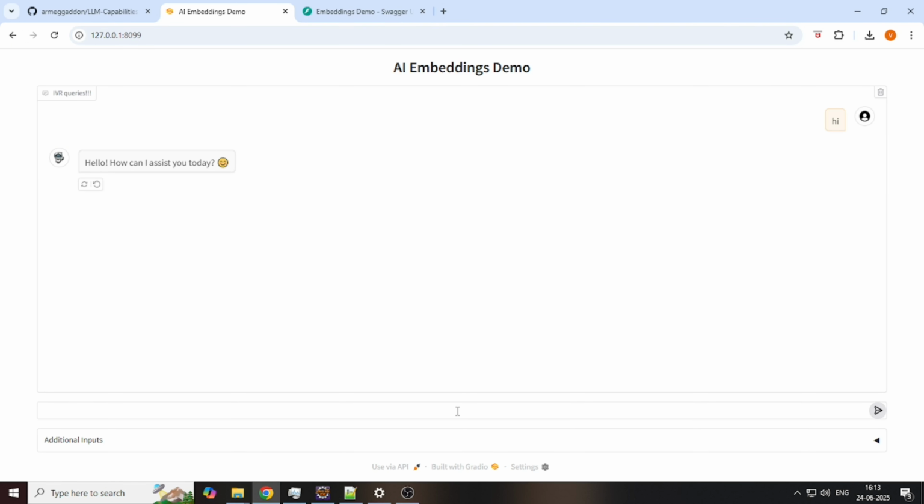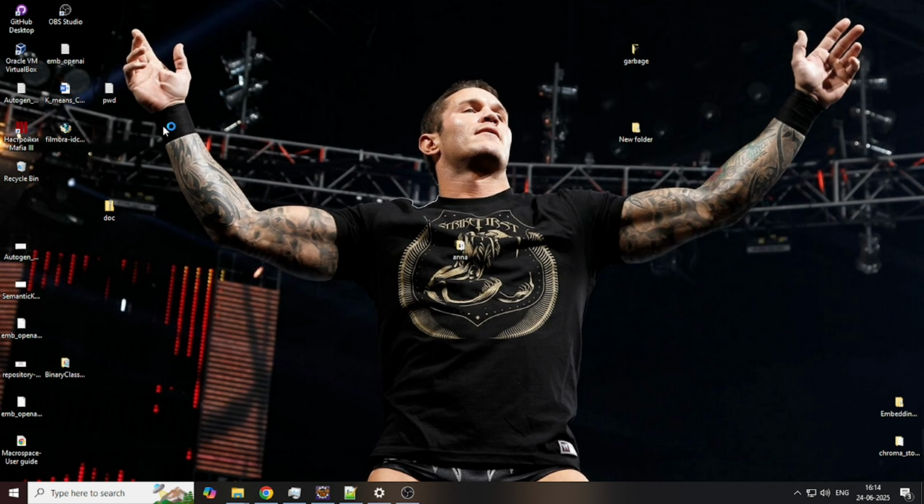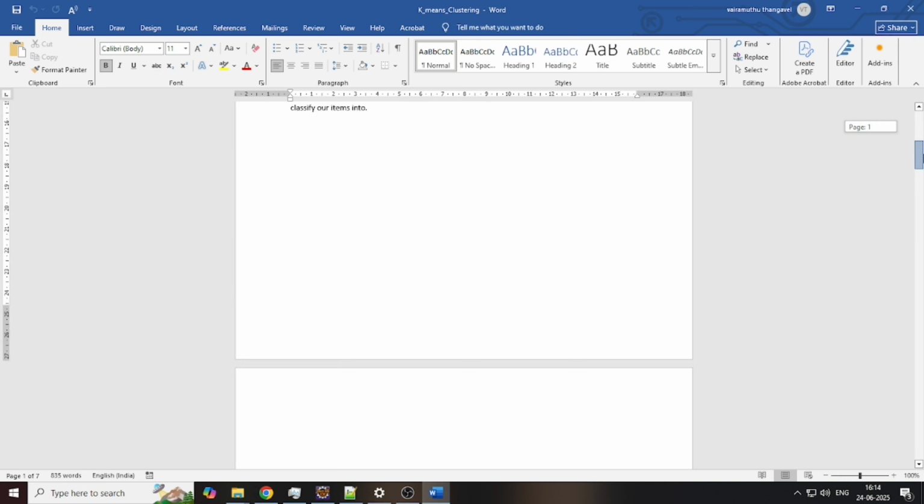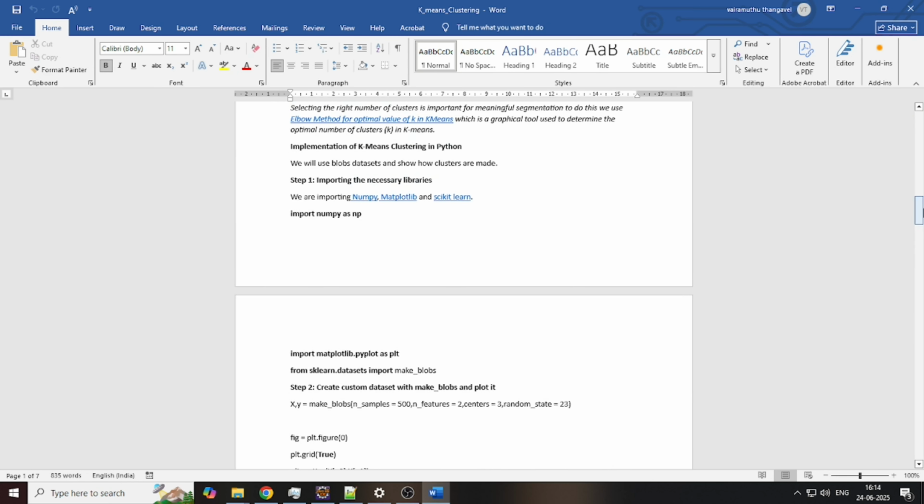If we ask a generic question, who is the PM of India? Based on the pre-trained data of the LLM, it responds like this. But when I ask something with respect to the document, it can give an appropriate response. For example, I just ask what is step 1,